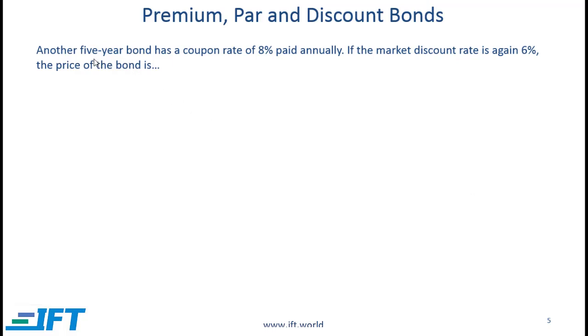Let's say we have another 5-year bond which has a coupon rate of 8%, again paid annually. If the market discount rate is still 6%, what is the price of the bond? You can do this very quickly. Notice that the rate paid by the issuer or the rate being received by the investor is higher than the